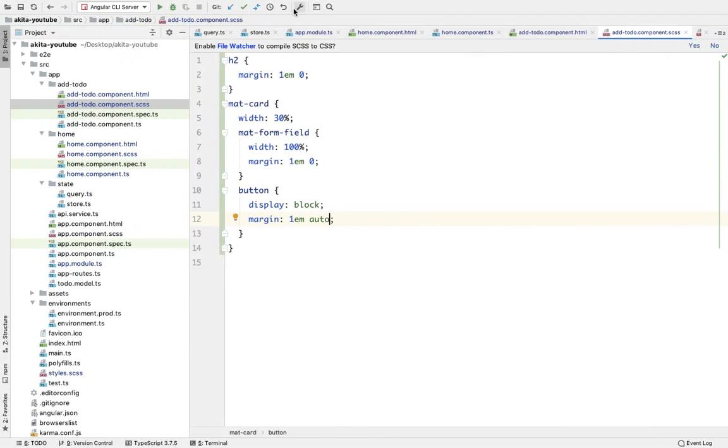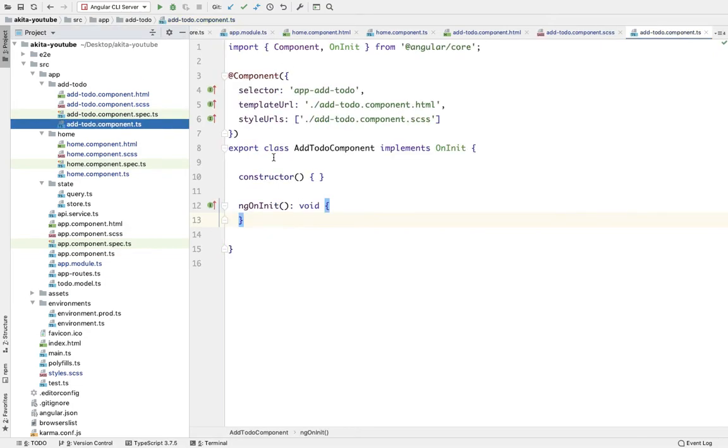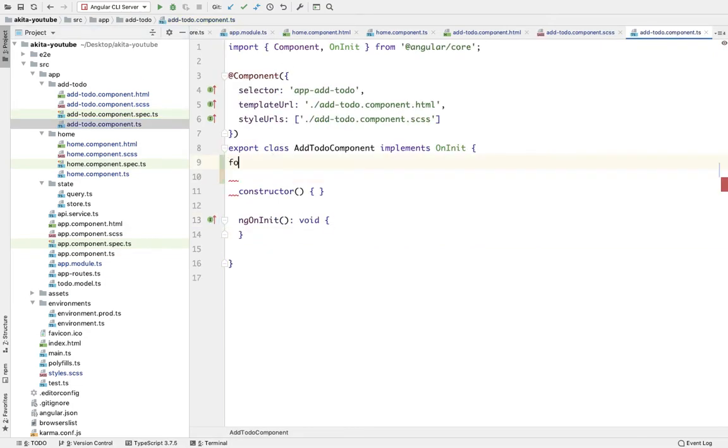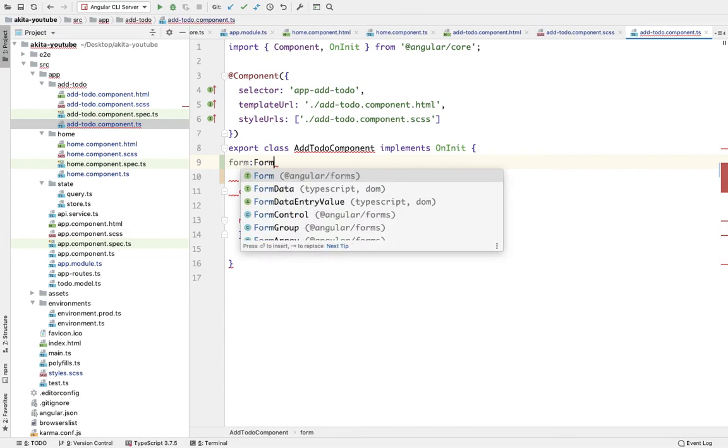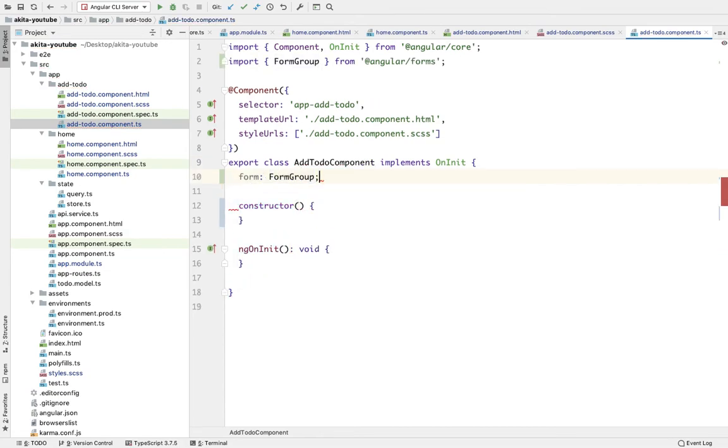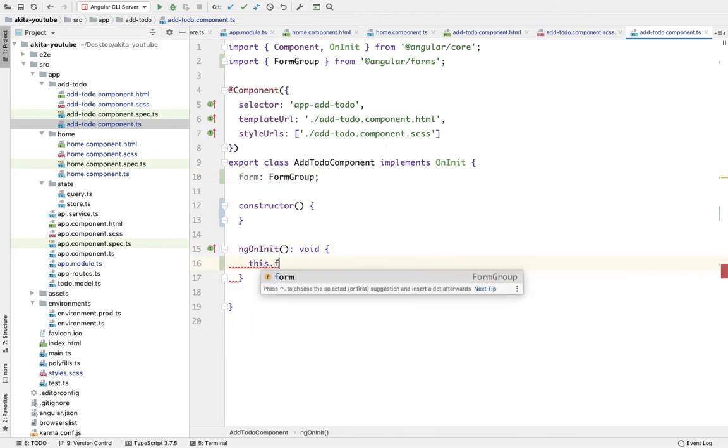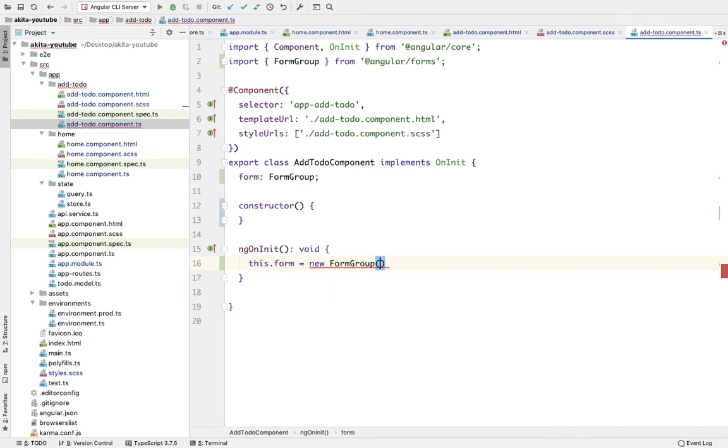Now let's go ahead and add a form. So in the add to do component.ts, let's create a form which will be of type form group. Inside ngOnInit, this.form = new FormGroup.